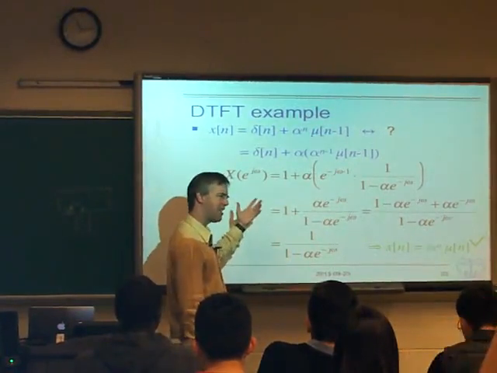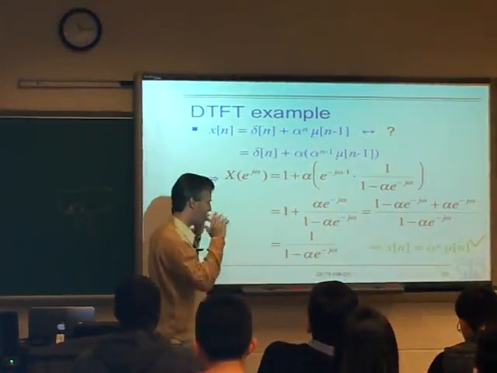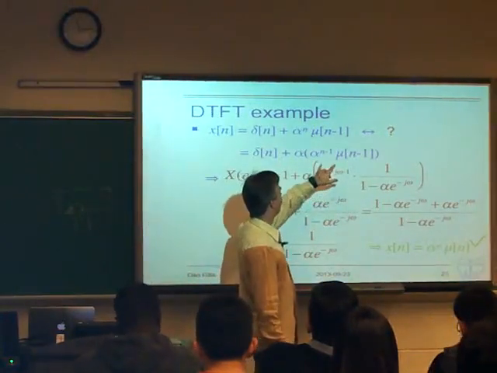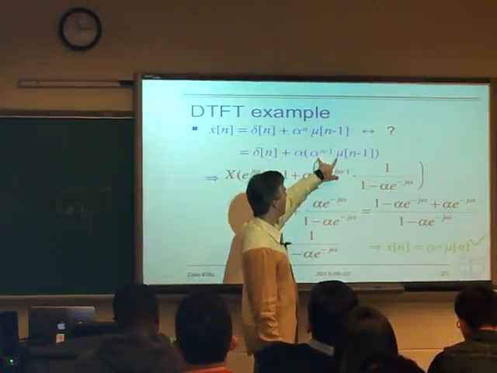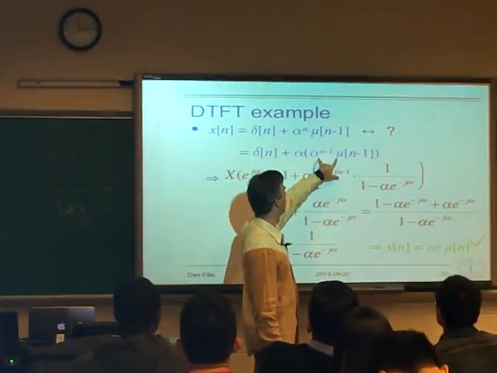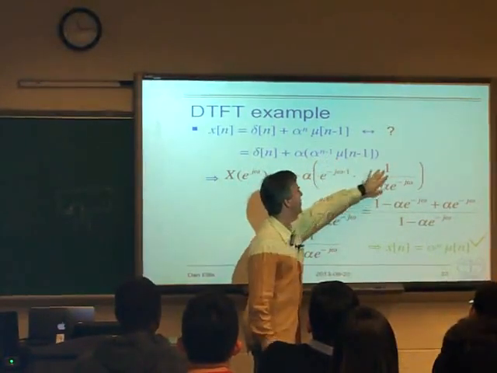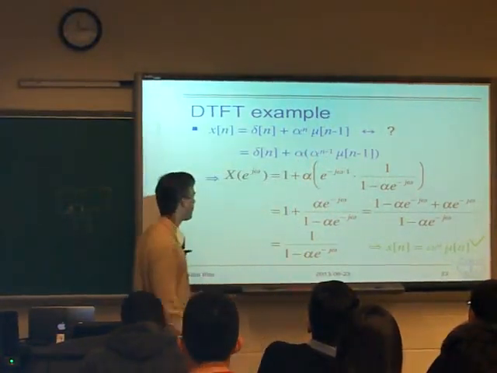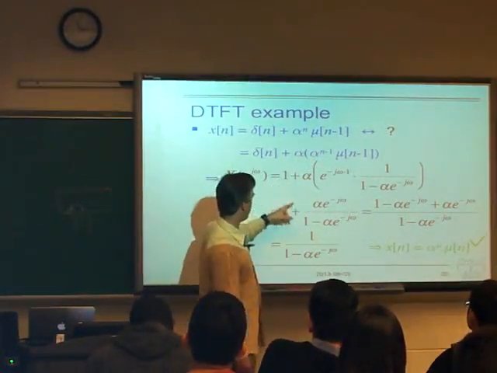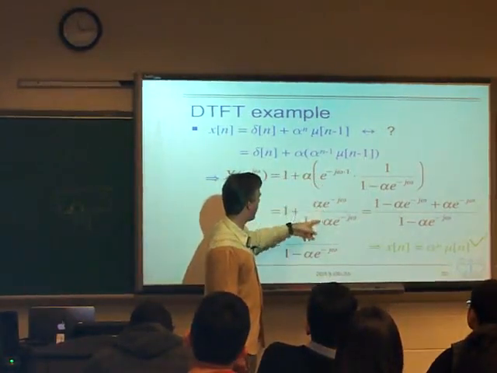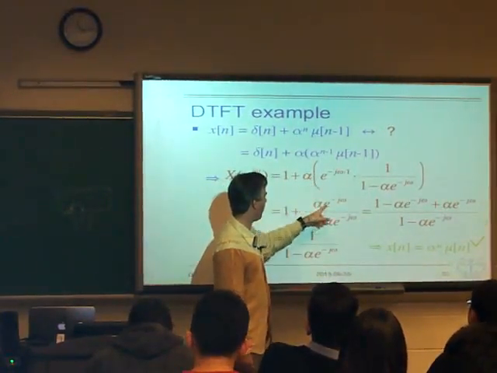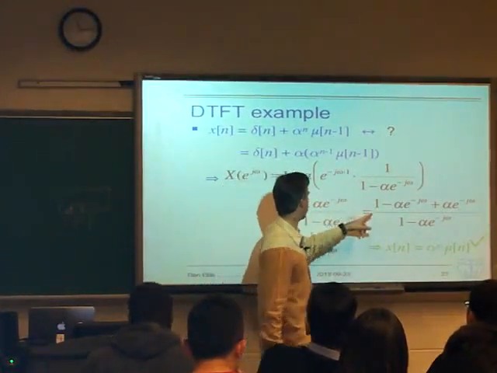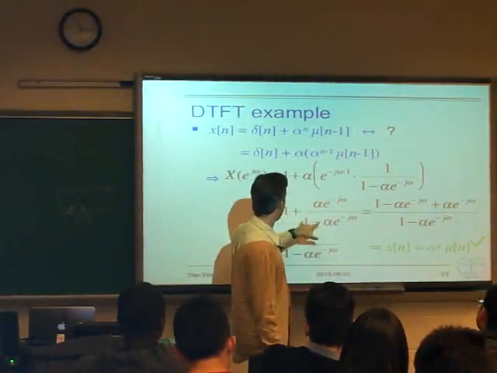That's not, I didn't put that on the slide, but I hope you followed that when I was talking about it, right? So it's just, this is alpha^n mu of n delayed by 1. This is alpha mu of n, this is delayed by 1, and this is the alpha coming down here. If we combine these terms, we can put this on the numerator, alpha e to the minus j omega, and here's the 1 plus. If we put them on a common denominator here, then we get 1 minus